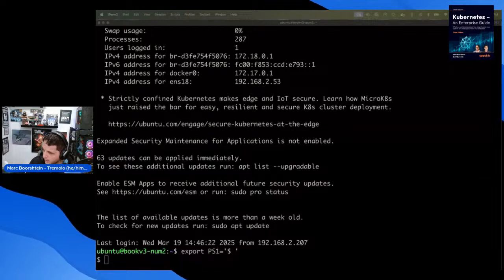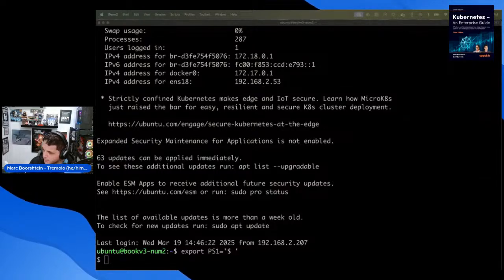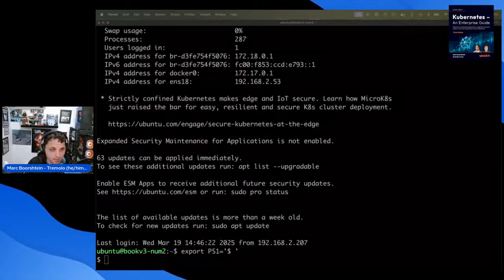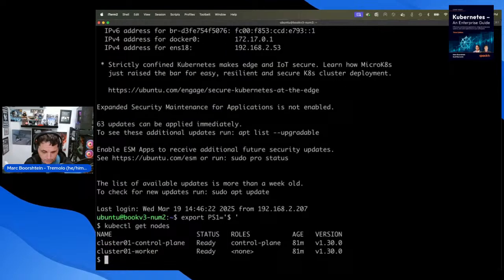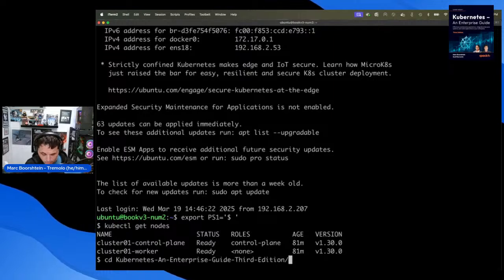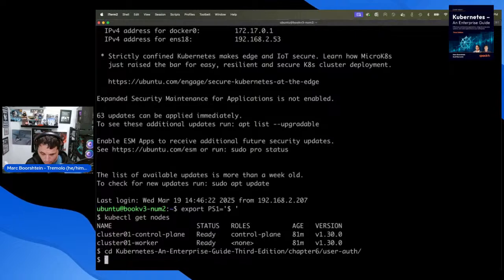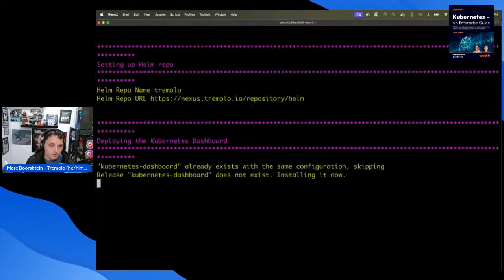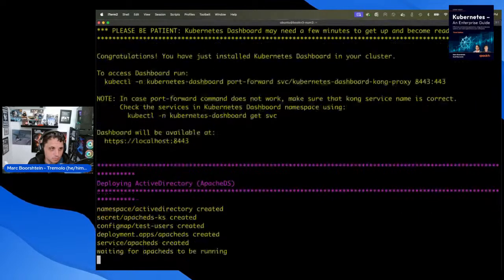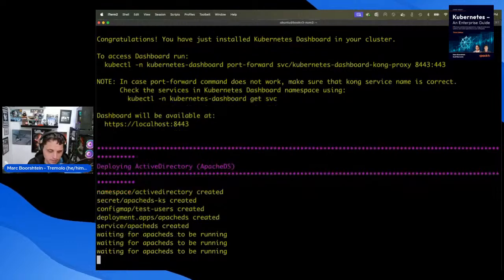So I'm going to go ahead and start with, we already have a cluster up and running. So kubectl get nodes. This is a clean cluster, right? So not a lot there. So I'm going to go into the book, chapter 6, user auth, and let's go ahead and deploy OpenUnison with impersonation. That's very similar to the script that we ran last week. The only major difference is going to be that